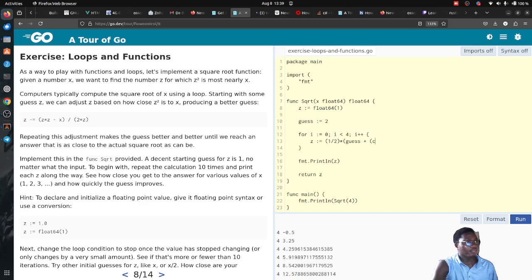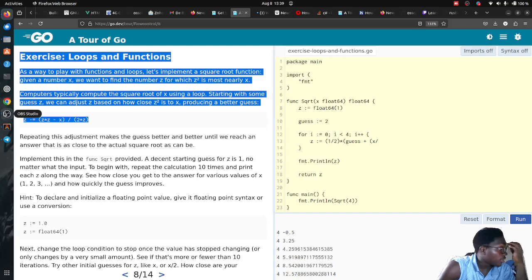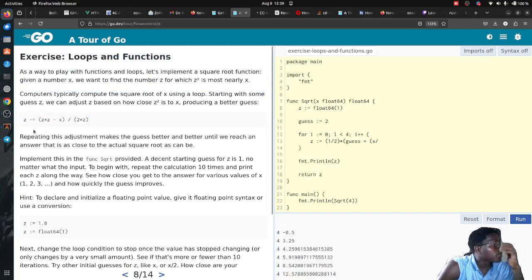Okay, so this should be in brackets. So our x now divided by x of n. I know I'm not following this exactly, because what I'm seeing here says z minus equal to,